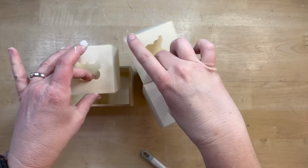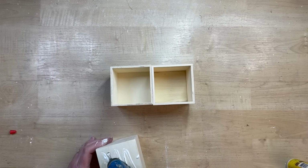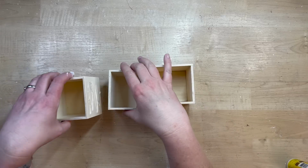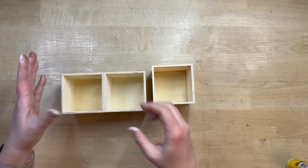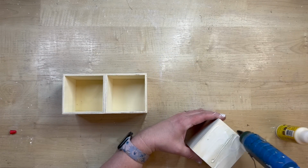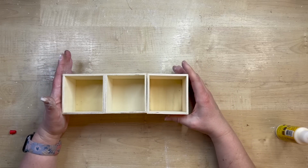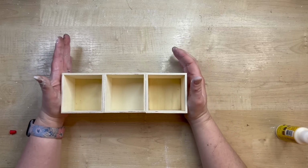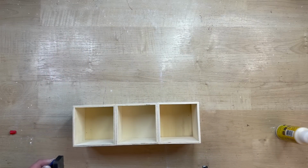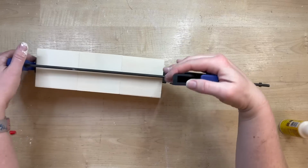Now, these boxes I'm sure you've seen at Dollar Tree. I'm removing the centers out of them, and we're just going to use the bases of these little drawers. So I'm just using some wood glue and some hot glue to get these glued together. And I had somebody ask me if that wouldn't compromise the wood glue by using hot glue, and it does not at all. It's actually pretty common practice if you don't have clamps that size, or in a pinch, to use hot glue to clamp them closed, that instant hold to keep the wood glue in place. Now, I do have clamps, so I am just going to clamp this together,